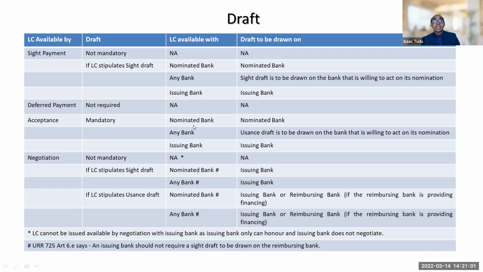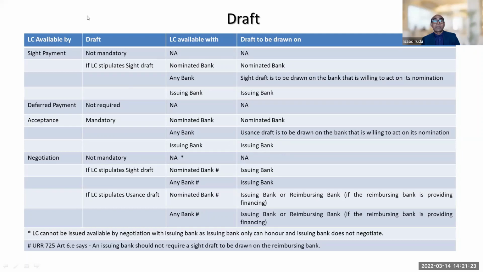And if LC is available with nominated bank, the draft is to be drawn on that nominated bank. If LC is available with any bank, the usance draft is to be drawn on the bank that is willing to act on its nomination. If LC is available with issuing bank,